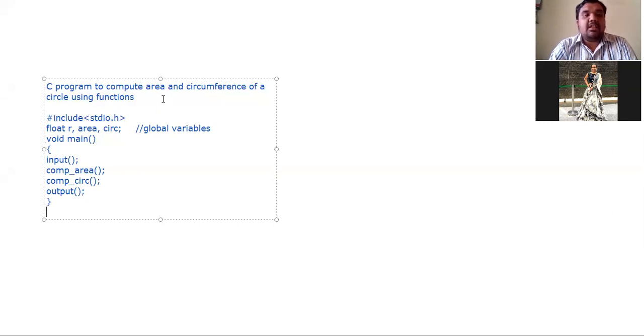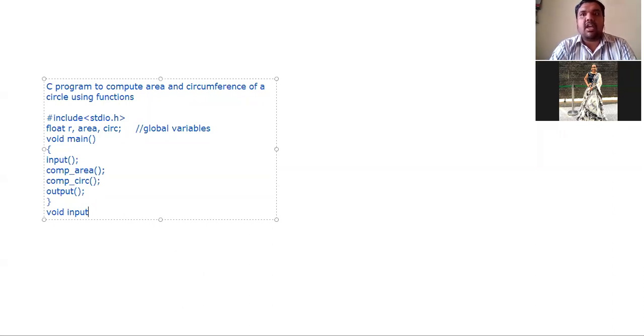Next, the control comes to the input function. Void input: here we have not taken any return type specifically, so the return type for this input function is void.